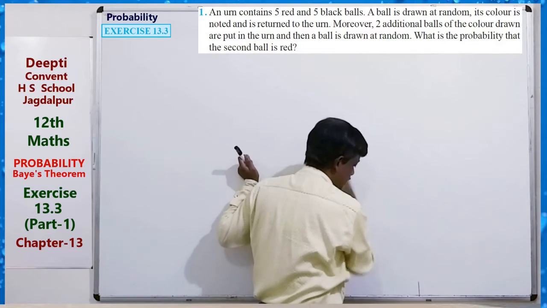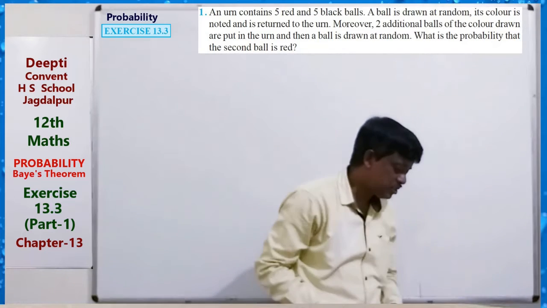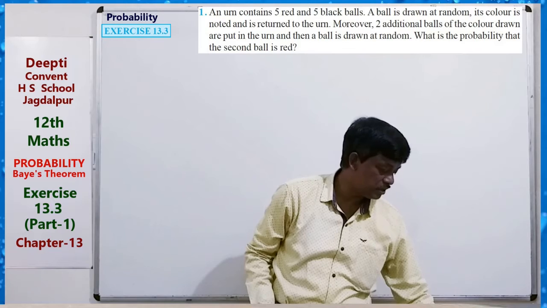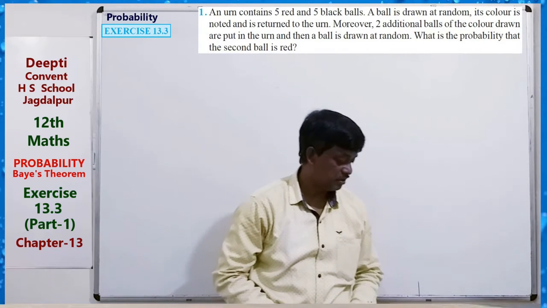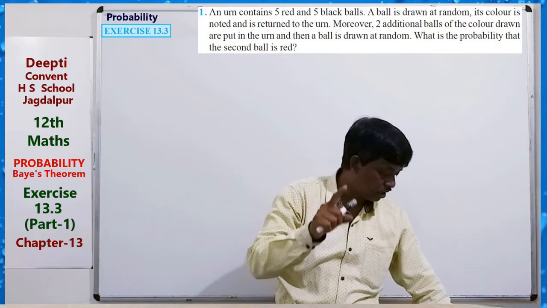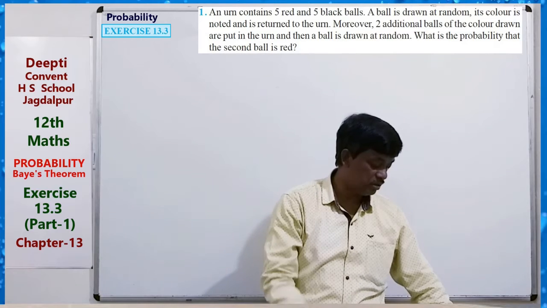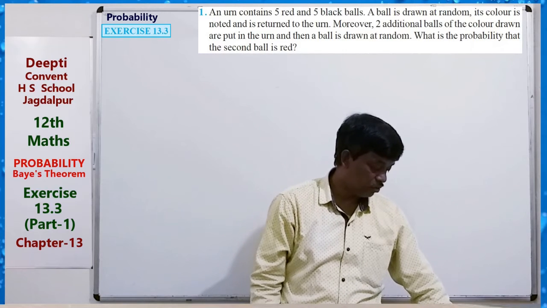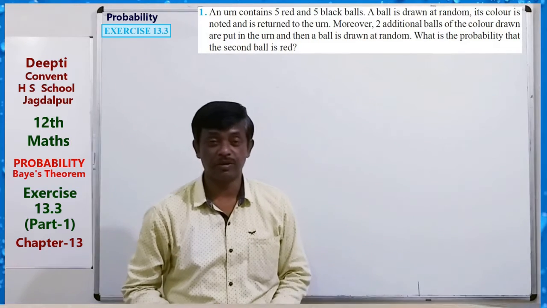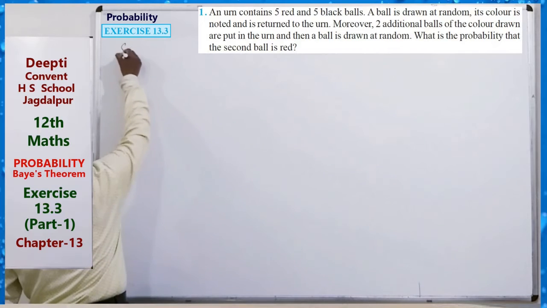And here a ball is drawn at random, its color is noted and it's returned to the urn. Moreover, 2 additional balls of the color drawn are put in the urn and then a ball is drawn at random. What is the probability that the second ball is red? So what is the process here in the question? Just in this question solution,